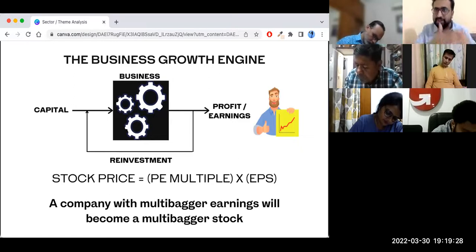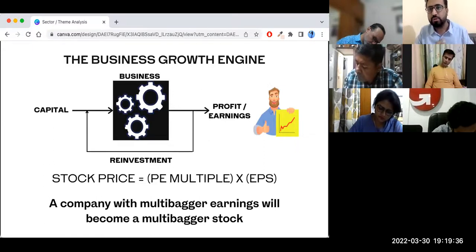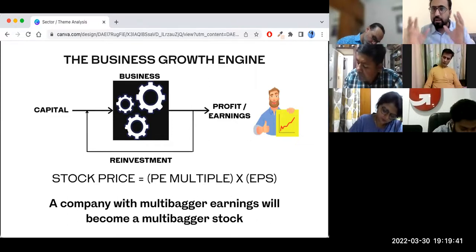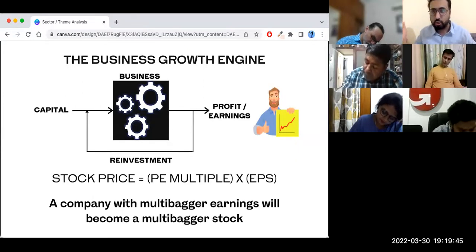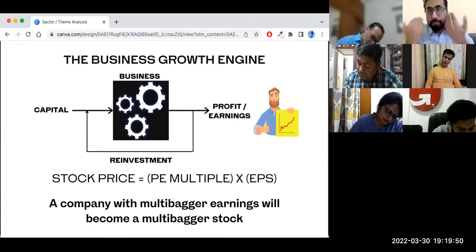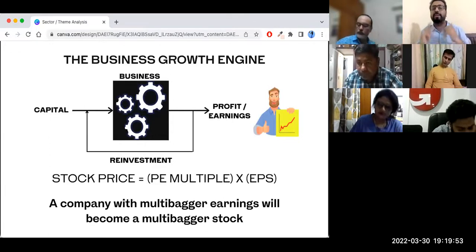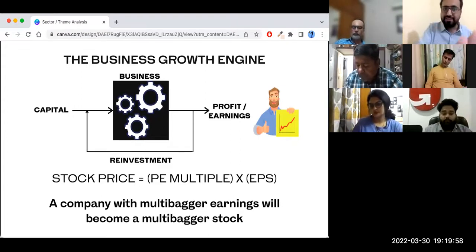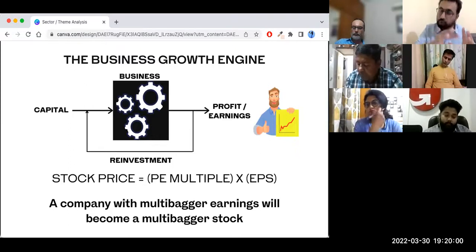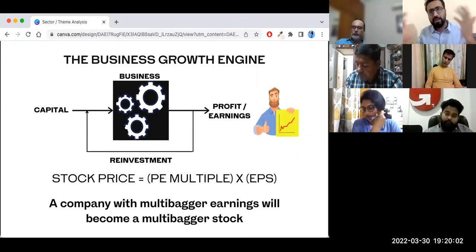Now, what are these sector dynamics? We'll be talking about that in detail. What are the different kinds of sector dynamics that we have to consider? But is it very clear from this example how a company will actually hit a ceiling? Ceiling means after that it cannot grow, right? After that, the growth of the company is dependent on how the sector dynamics are. All right. So this business growth engine is very, very good, but this also is in a way dependent on sector dynamics, right?